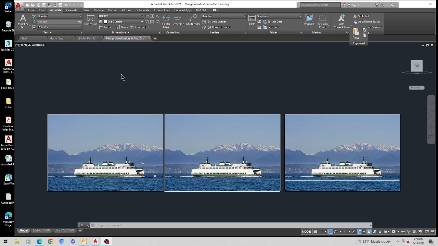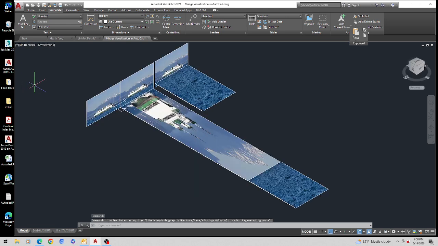I brought three photos of a Washington State ferry on water. It was just a stock image I was able to pull up. I took them and represented them from a vertical view. Again, that's the three images across the back. And then I created a stretched out reflection of the ferry, and then a stretched out version of water, which again would be